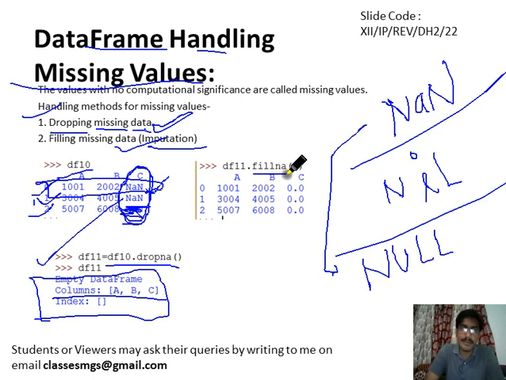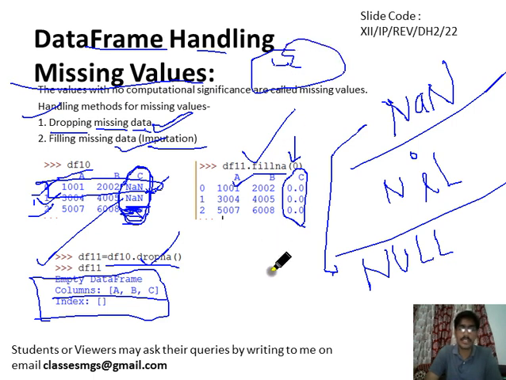And similarly, what will the fillna method do? It will fill the NaN values with 0, because this C column has the NaN values, so it will fill those values with 0. So this is the example of fill NaN value, and this is the example of drop NaN value. So you can remember those. A 1 or 2 marks question may be asked: what is the function used for filling the NaN values, and what is the function used to drop the NaN values. Keep that in mind. Okay, let me move ahead.